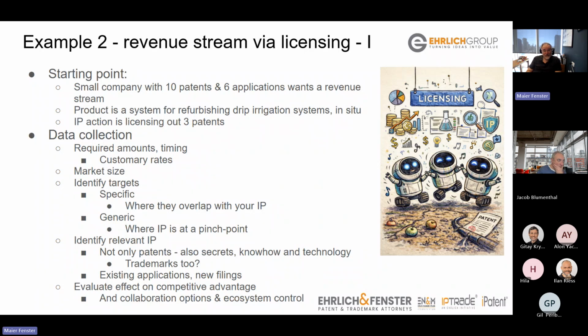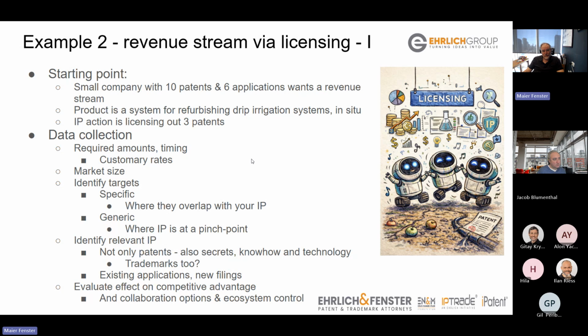We have 16 pieces of IP that I listed here, and maybe we also have trade secrets, so you have to discover which one of these IP elements are of interest and potentially licensable. And maybe you can do new filing, so it's even more than that. And if you license out IP, how does it affect your competitive advantage? What about your collaboration options? Will it improve or worsen your